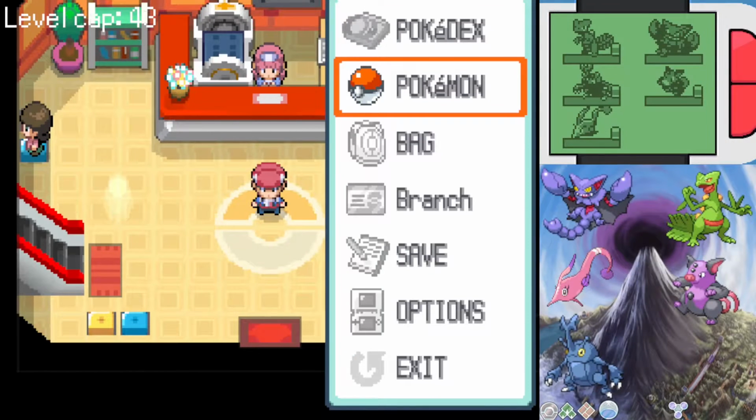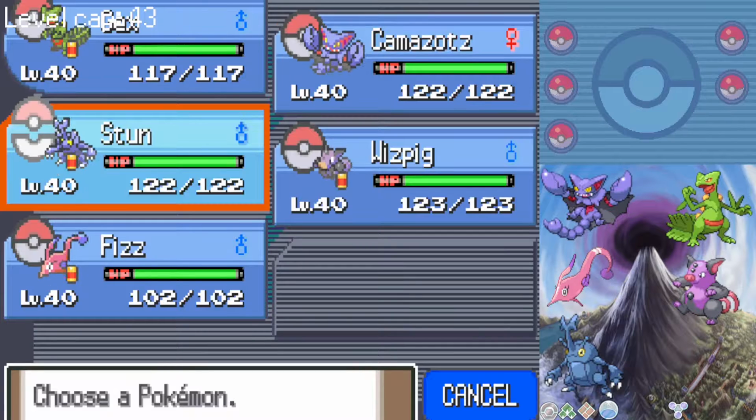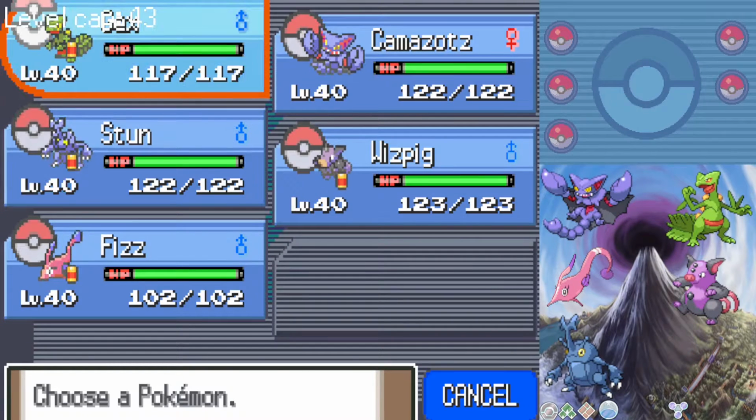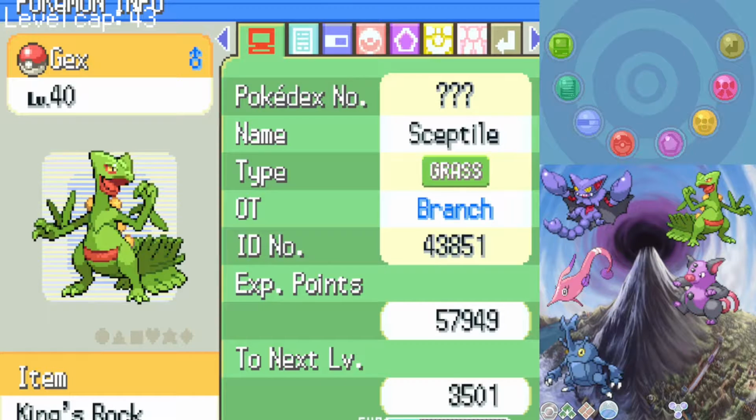Okay, welcome back. Last time we made our way up to Celestic Town, and after Cynthia sent us on a little errand there, which also got us Surf, we ended the episode after we made it to Canalave City. And in between episodes I ground my whole team up to level 40, so